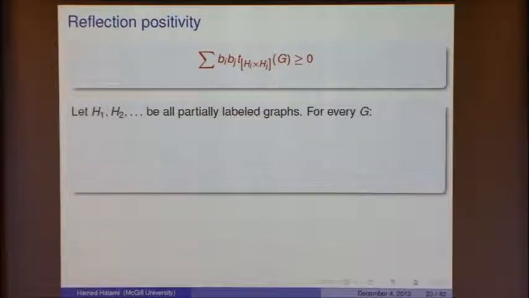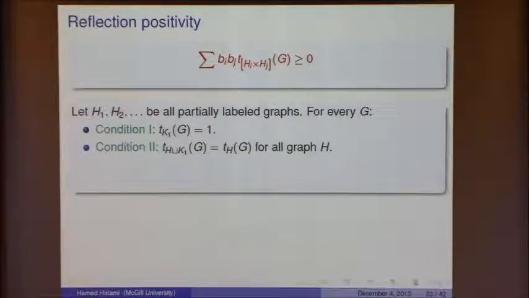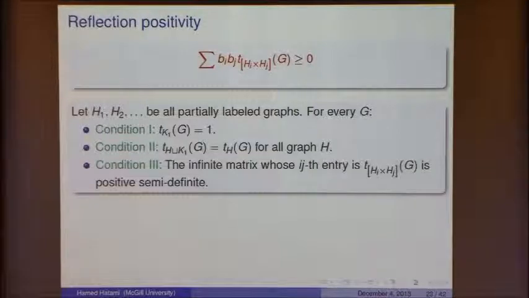So suppose I have these partially labeled graphs. Now I know the following facts. For every graph G, first of all, t_{K1}(G) is always 1. That's always the case. Another trivial identity is that if I take the disjoint union of H and K1, this is just t_H(G) times t_{K1}(G), which is the same as t_H(G) because of the first condition. And the third condition is that